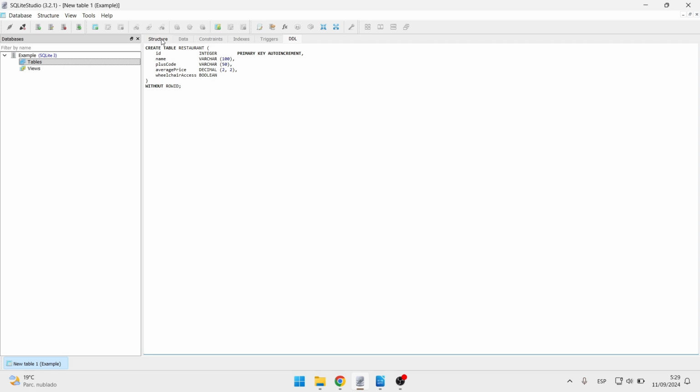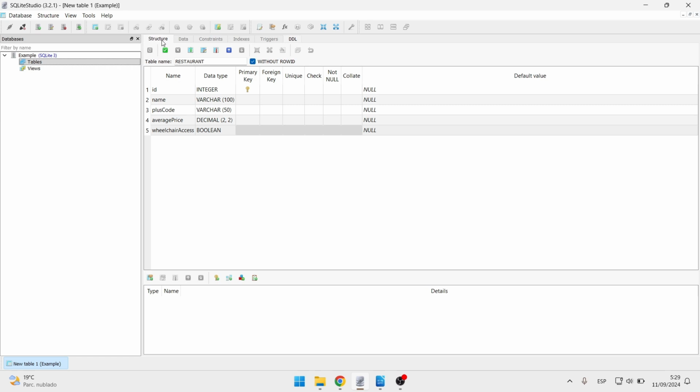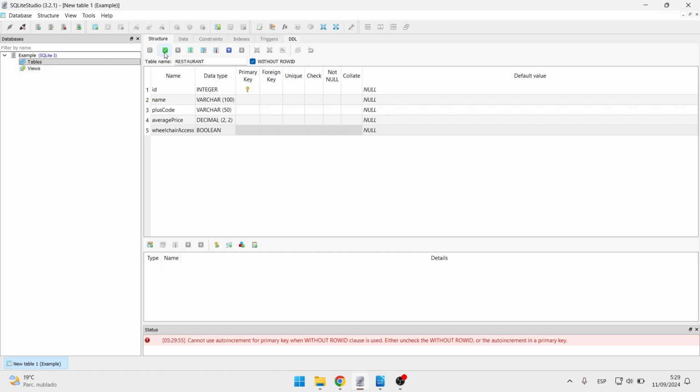Now we have to validate this statement. You can't see the table here because the table hasn't been created yet, so we have to validate the table. We can do that with the check structure change, and when we press this,